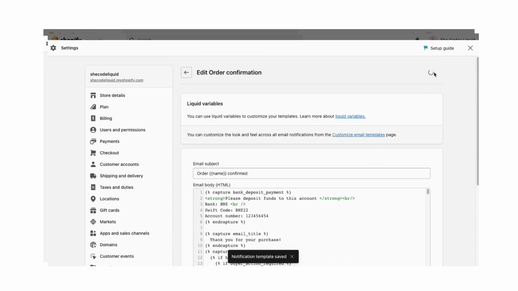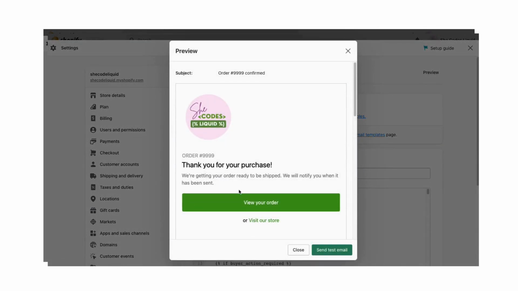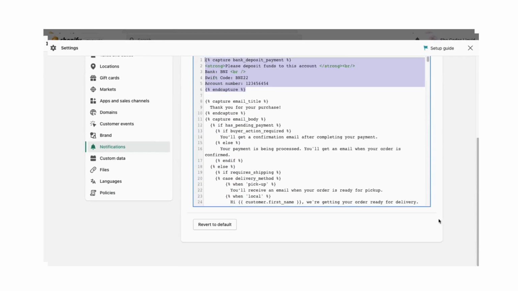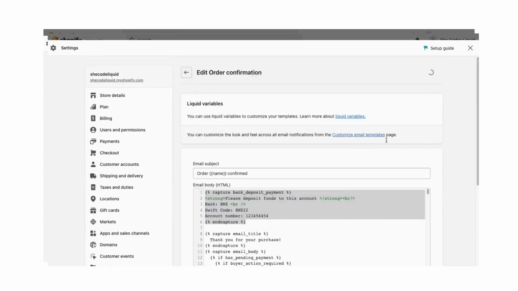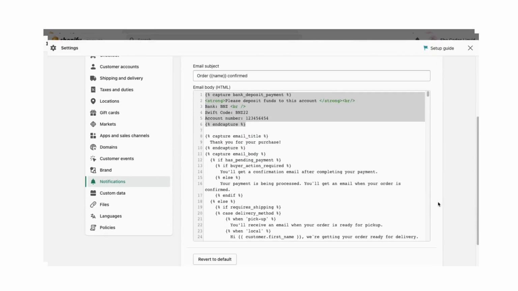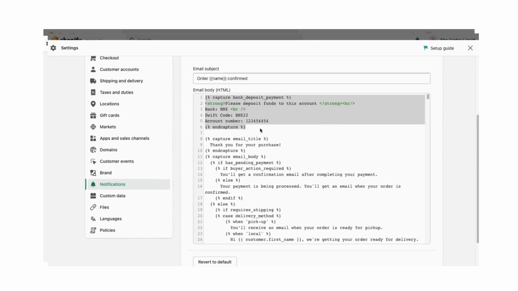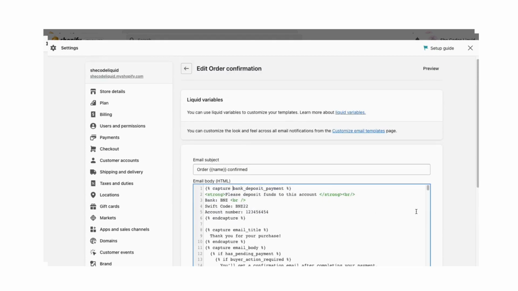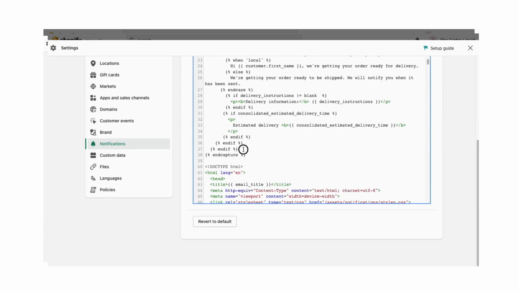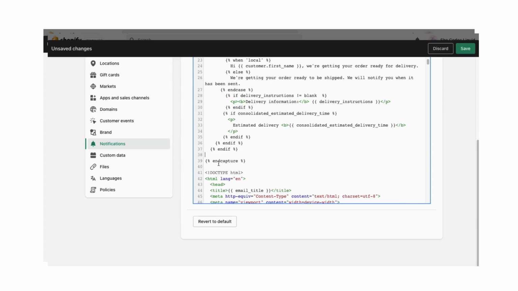So when we preview it, nothing is happening here, so I want to show this. I want to show this just above this green button. Alright, so I called it bank deposit payment. Alright, so I'm going to do my coding right here before the end capture. Okay,